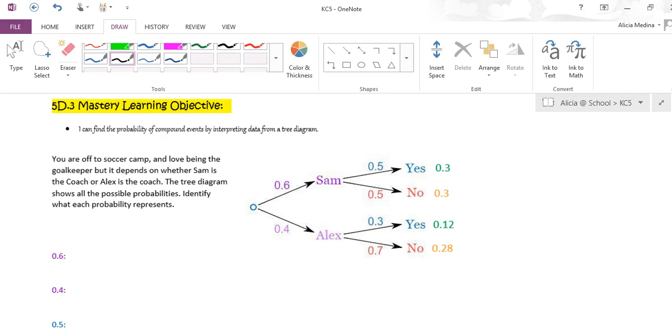So something to remember is that we have two things going on, right? We have multiple types of probability: simple probability, conditional probability, and compound probability, and or. Anytime you see a tree diagram, you're not going to have that or probability. It's only going to be our and, which is our conditional. And obviously, we have to start off with simple probability. So anything that is our first, I'm going to call this event